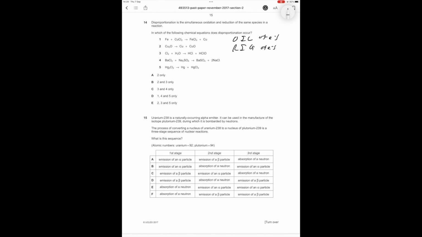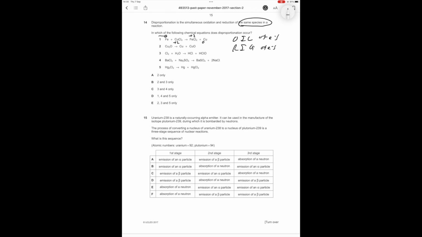So let's look at the charges of each ion. So iron goes from a charge of 0 to a charge of +2. Copper goes from a charge of +2 to a charge of 0. However, disproportionation is when the same species is both oxidized and reduced. So in this case, it was iron that was oxidized and copper that was reduced, but the different species, so